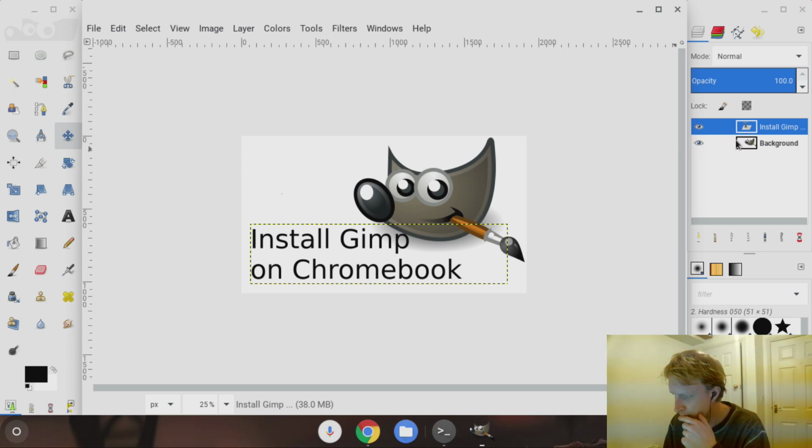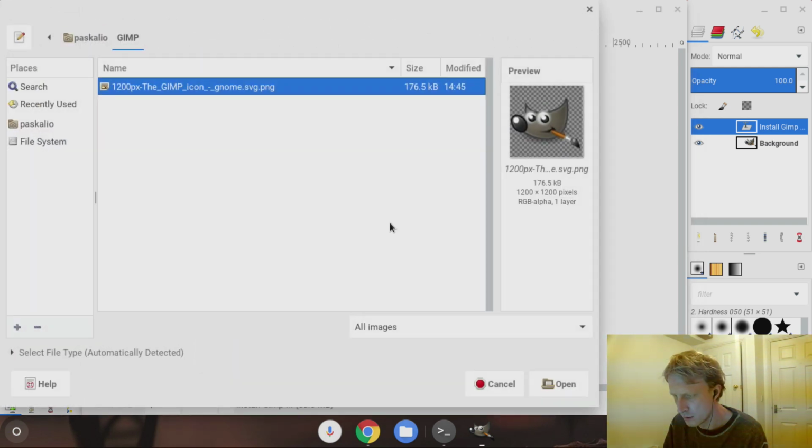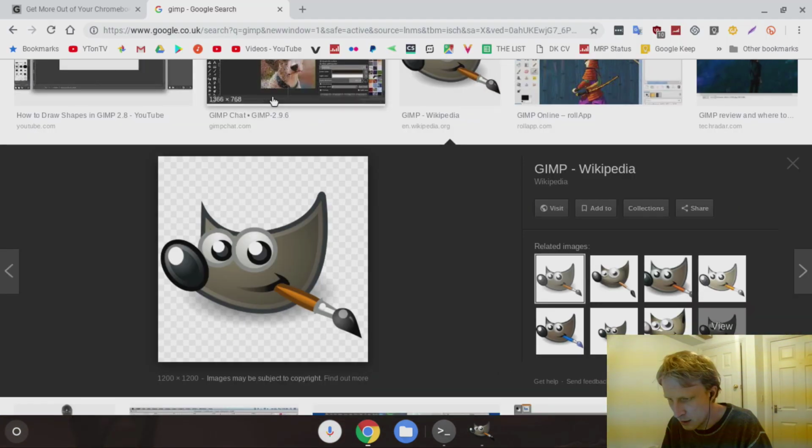Okay, does the job. Layers, you can insert layers and etc. Spacing. Because I don't use GIMP or image editing software that much, so I don't know all the settings. I'm a bit more of a Photoshop person. But still it does the job, so cancel that. So anything else I would like to add? Okay, what else do we need to add here? We need to add the actual